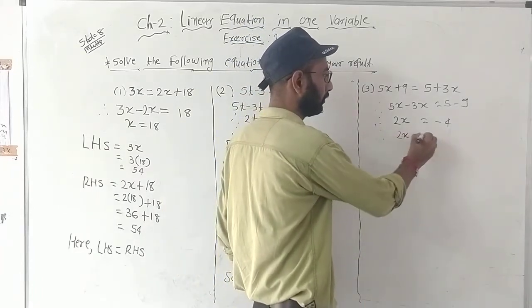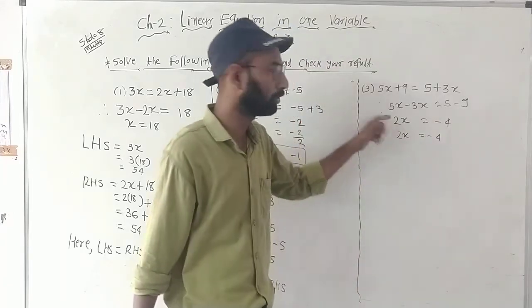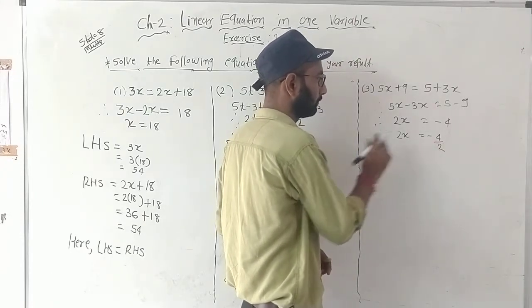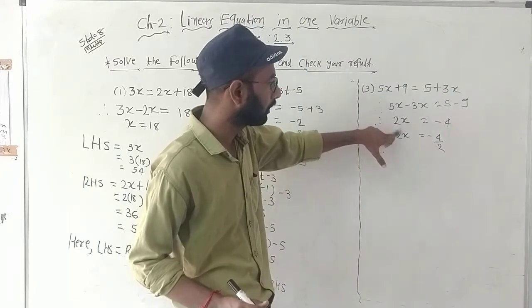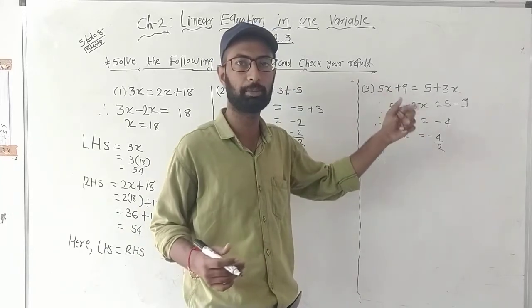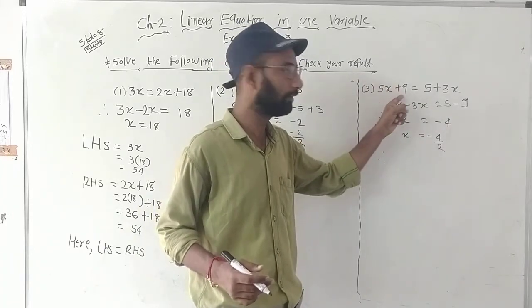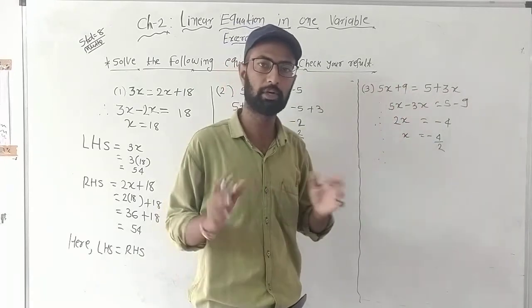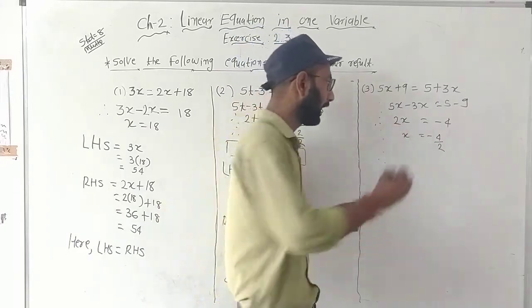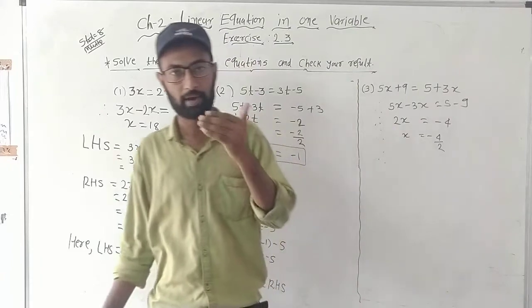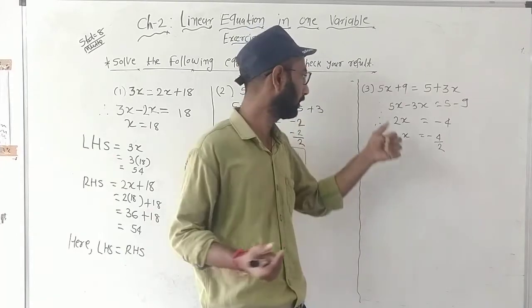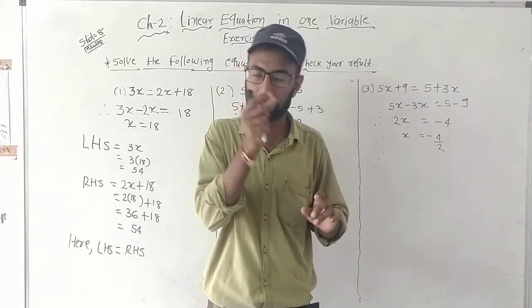So 2x is equal to -4 as it is, and this 2 will go to the denominator. Okay, mistakenly I have written over 2, this 2 will go to the denominator. Why does it go? Because here you can see the relation between these two terms is plus. So if this 9 will go to the right side or left side, if it is plus it will become minus, and if it is minus it will become plus. But here you can see both 2 and x are associated with the relation of multiplication. While there is a relation of multiplication and that number gets separated from the whatever number has been given, at that time it will go into the denominator.